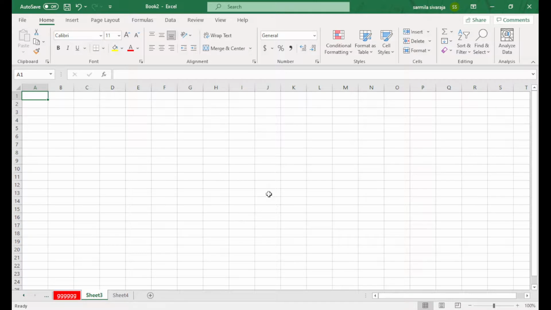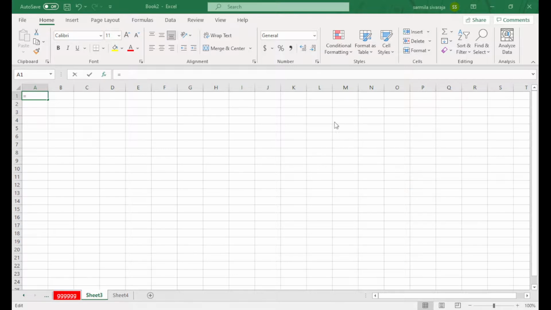Next one is the Formula button. It's for functions. When you come to this option, it's Insert Function. This button is going to provide all the functions we have in Excel. It shows the most recently used ones. I will press All. Here we have that many functions we can use.